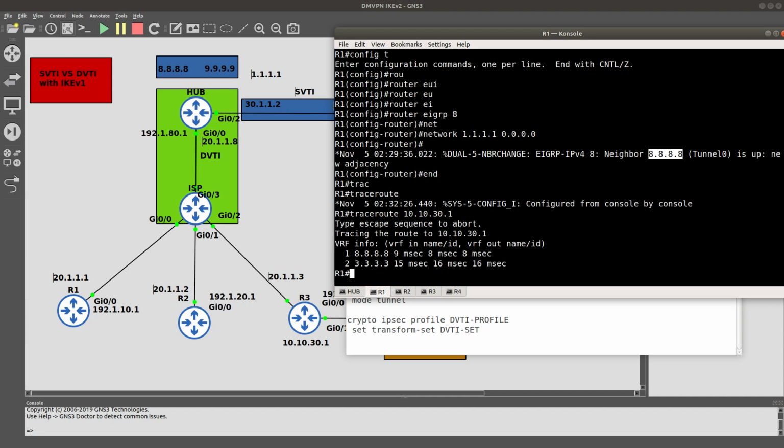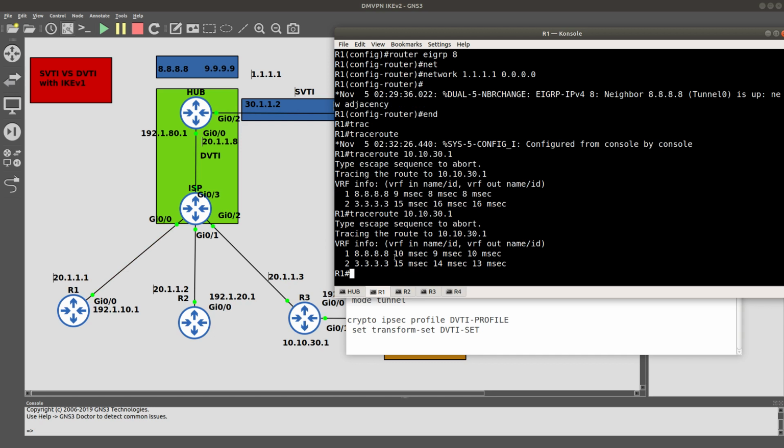And you're going to see that we are sending it via the hub, and then it goes to router 3. So we don't have a straight connection to router 3 because we don't have any spoke-to-spoke communication. We only have a hub-to-spoke communication. Therefore, if this hub goes down, we won't be able to get to router 3, which is why